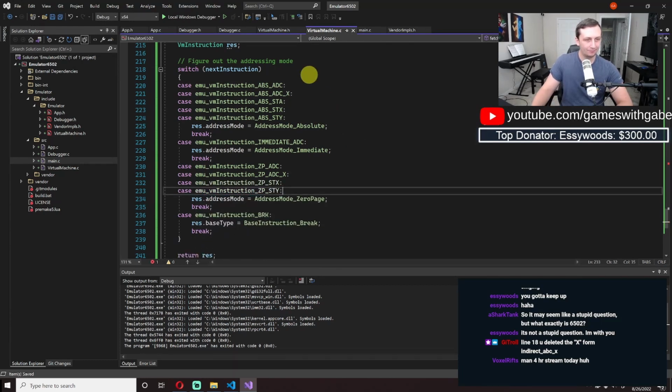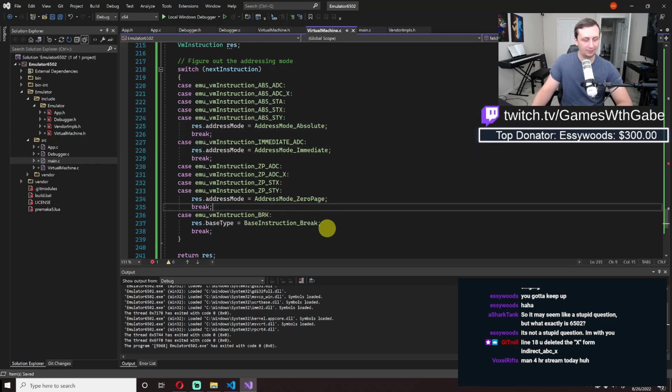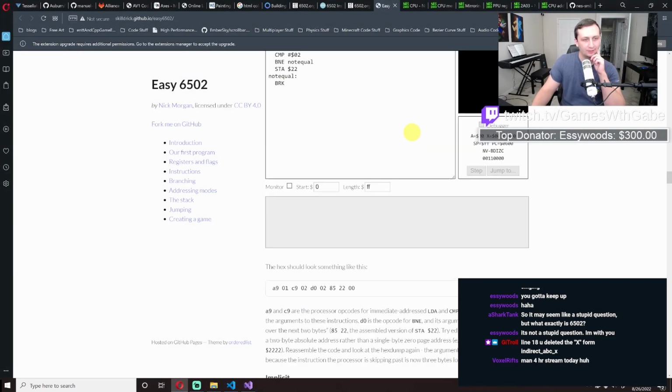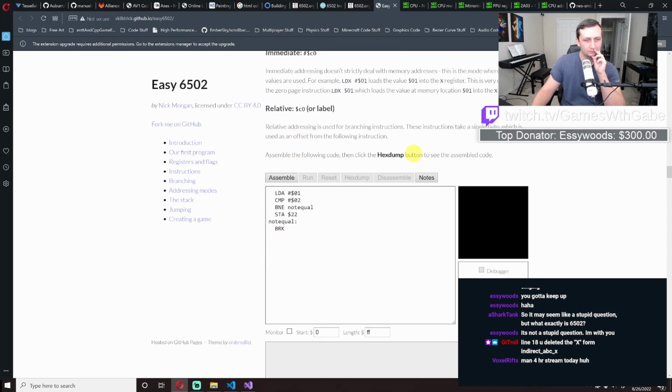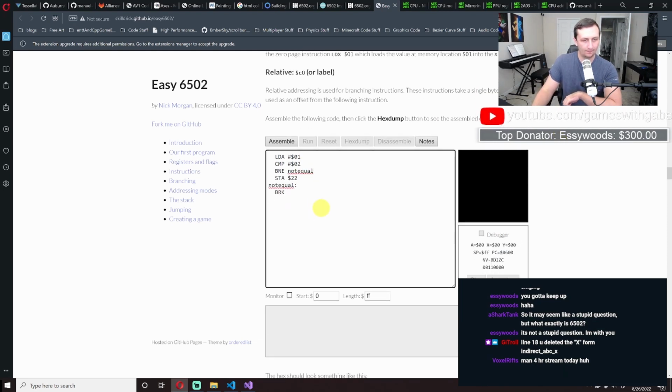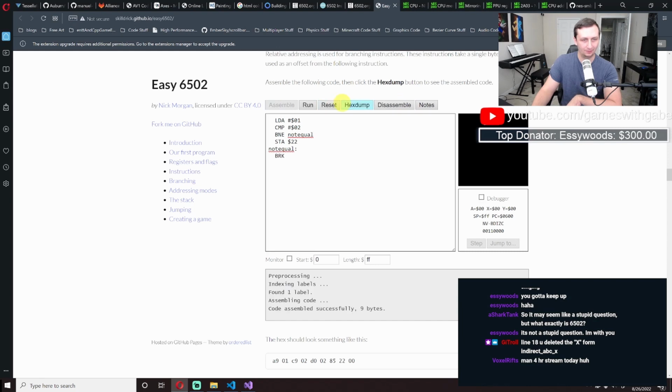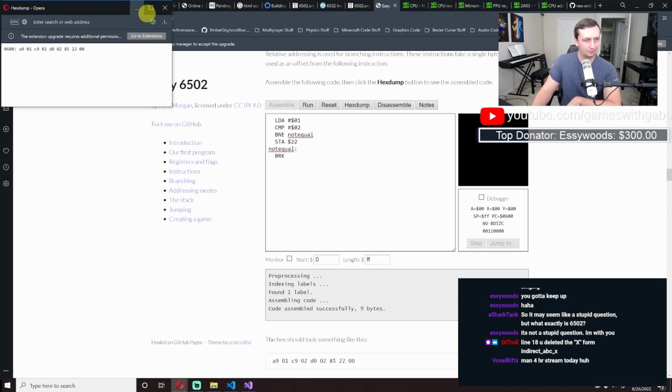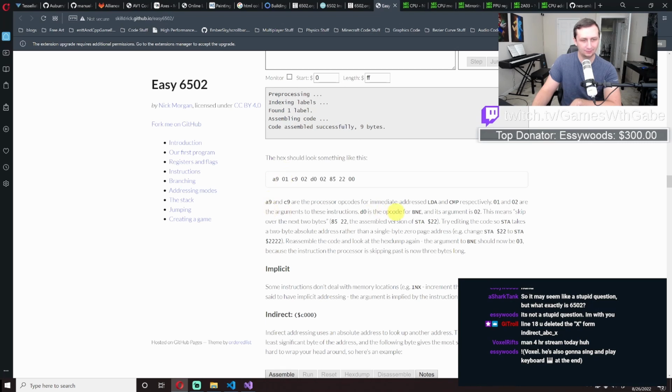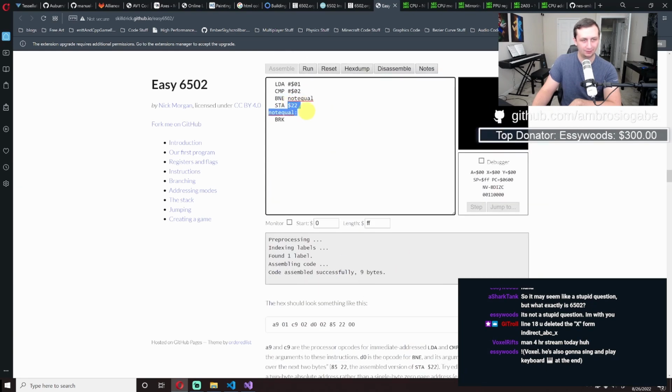Okay. So we have absolute, immediate, 0 page, and then relative. Let's just see what they say for relative here again. Oh, these are for branching instructions. Yeah, so that's what it looks like. Yeah, so that means skip the next two. Okay, that's kind of interesting. Anyways,